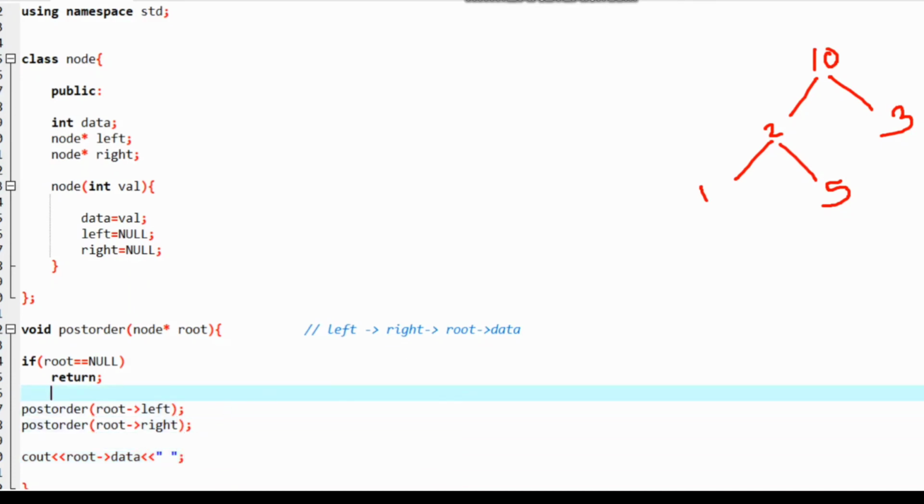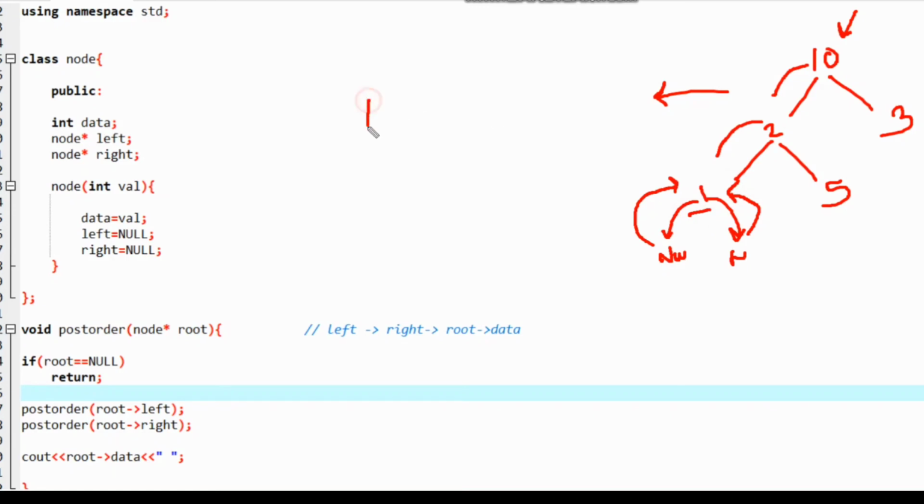Okay, so if we write the post order traversal of this binary tree, suppose I'm going to start the traversal from the root node. From 10 I'll be moving to left first, then again I'll be moving to left first. From 1 I'm going to move to left first, but I have encountered the null value. So as I have encountered the null value, I'm going to return back to the caller of the null value, that is node having value 1. Now I'll be moving to the right direction. Again I have encountered the null value, therefore I'll be returning back to the caller of the null value, that is again node 1. So now I'm going to print this node value.